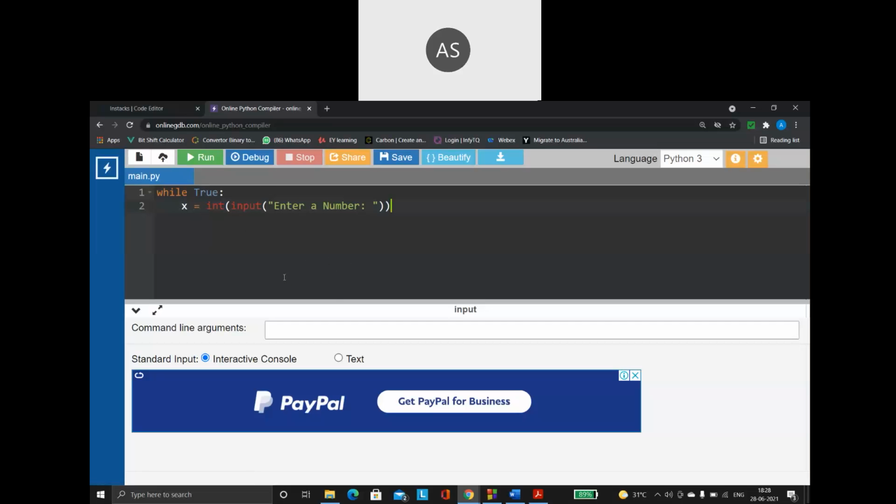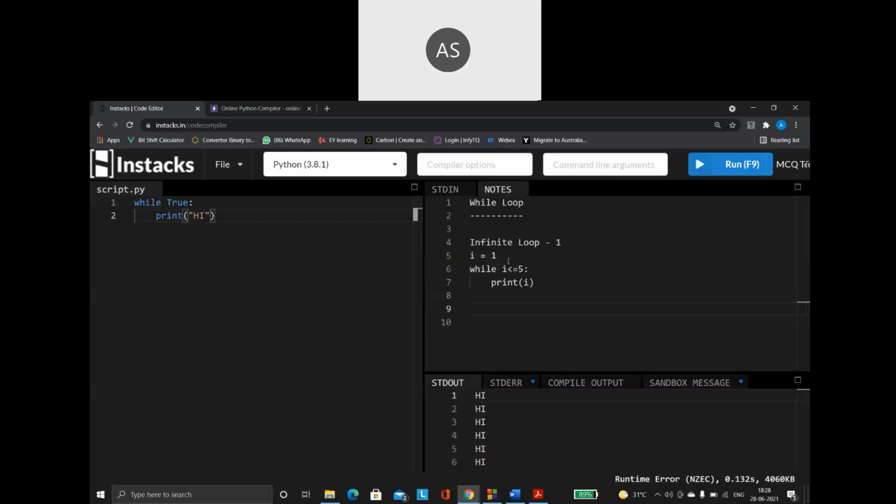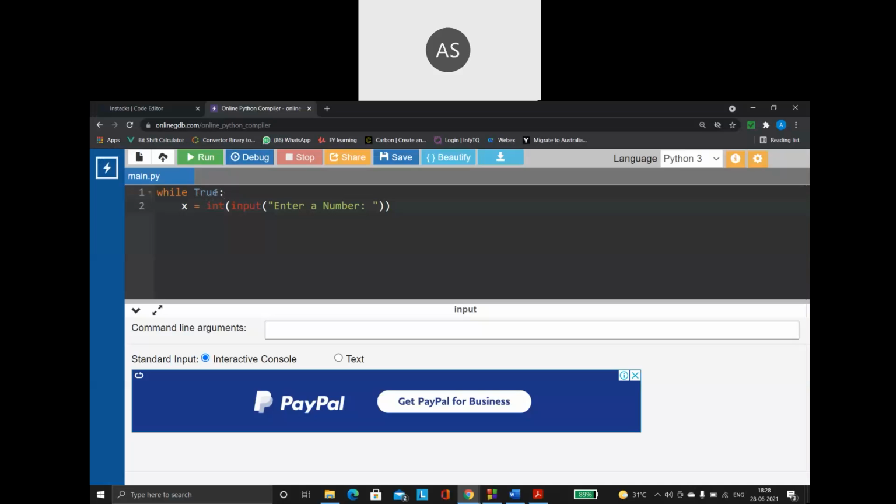So as a programmer, you have to do it. How do we come out of an infinite loop when there is no way out? Because as long as the condition is true, the loop is going to keep on running. Here my condition is never going to become false. So what am I supposed to do?